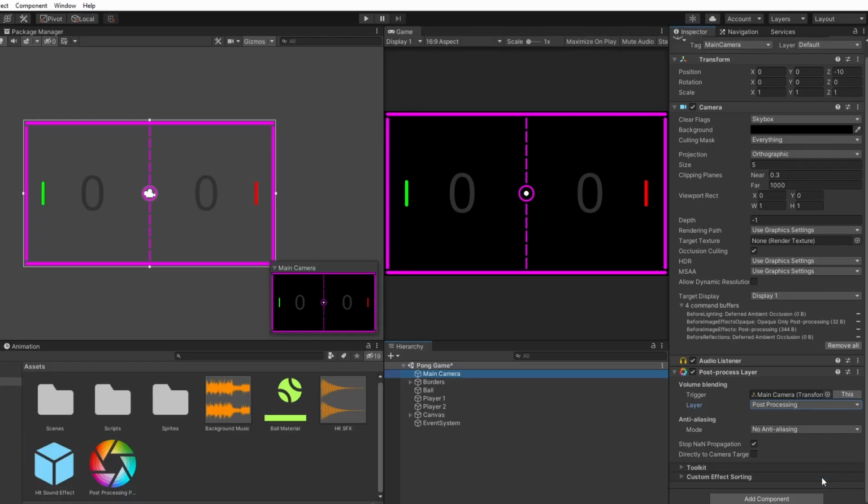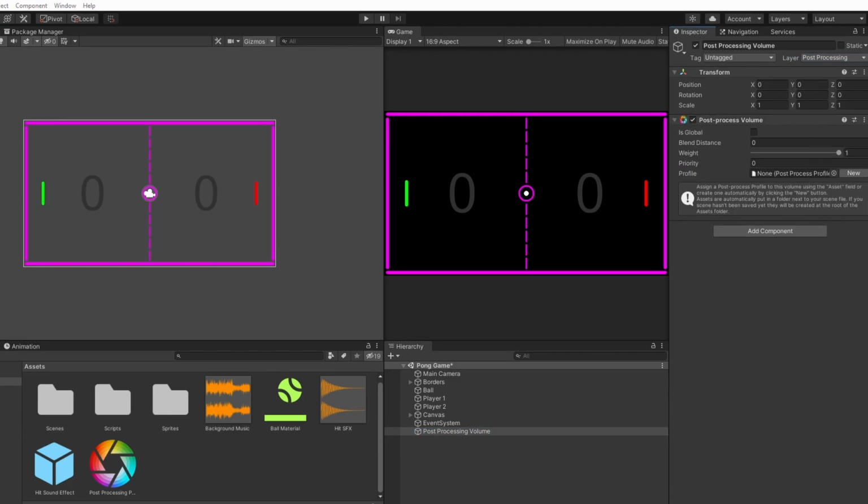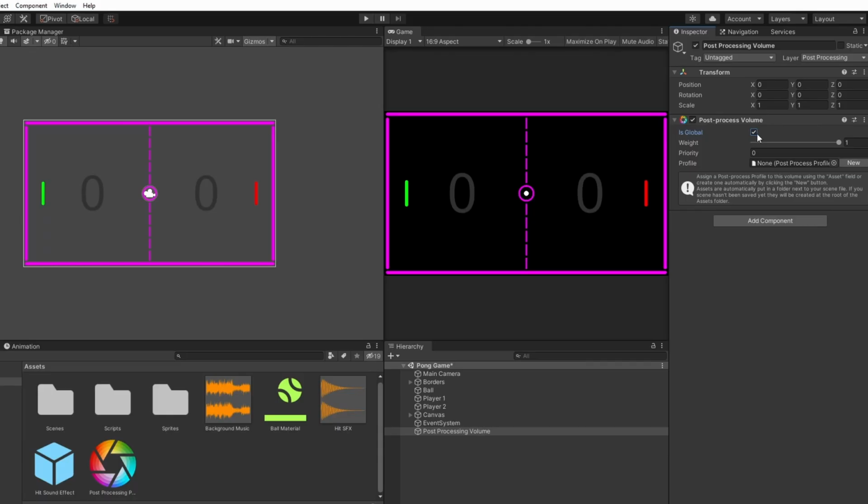Now we need to create a new game object which we will name post-processing volume. Let's select the object, change the layer to post-processing, and we want to add a new component called post-process volume. Next, we want to enable the isGlobal option and assign the post-processing profile we created earlier to the profile field.